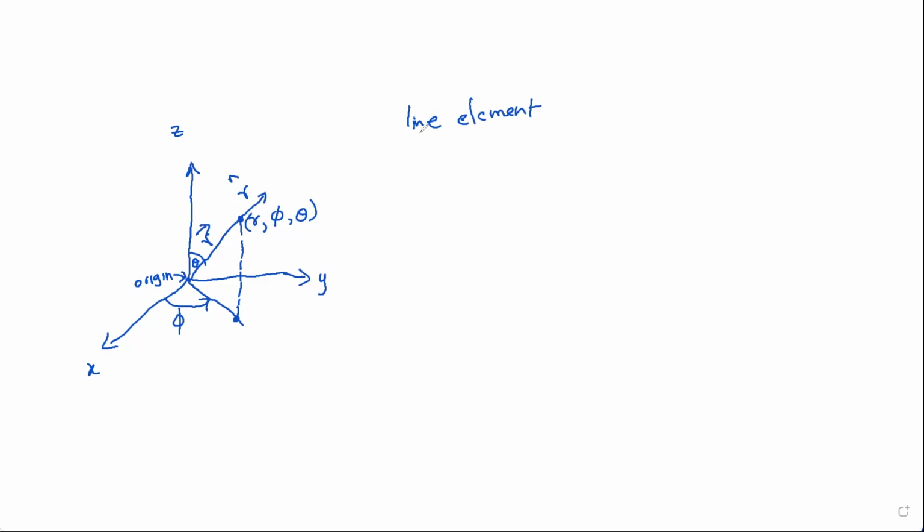So the total vector that we get by moving a small distance along each of the axes is the line element. Okay, so in that case, a line element we can define as the smallest distance we can go along r vector is dr, right? So dr into r hat plus the